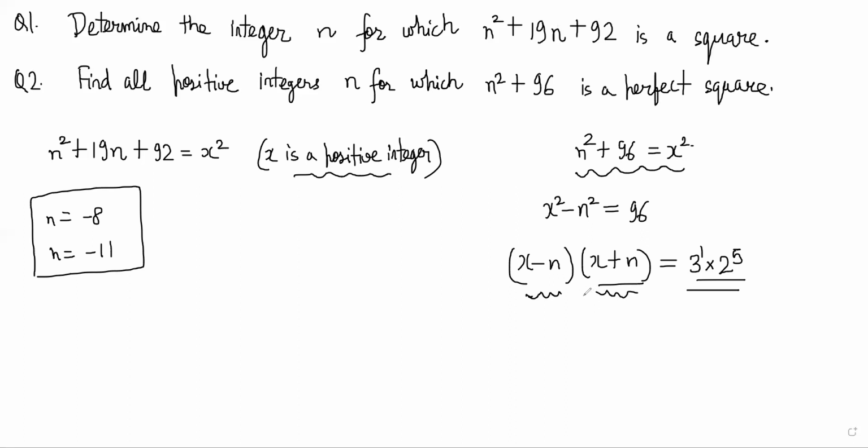Yeah. So what has to happen is, both contain the factor 2. Both have to be even basically. So then you can start off with 2 and 48, right? Case 1. And then 4 and 24, and 6 and 16, and 8 and 12,